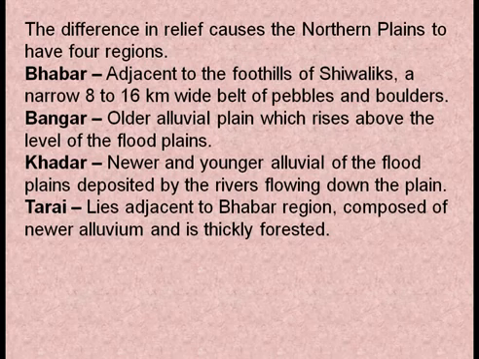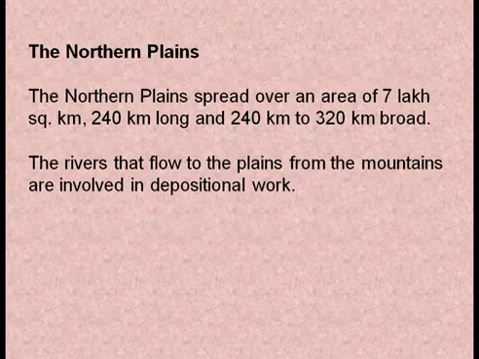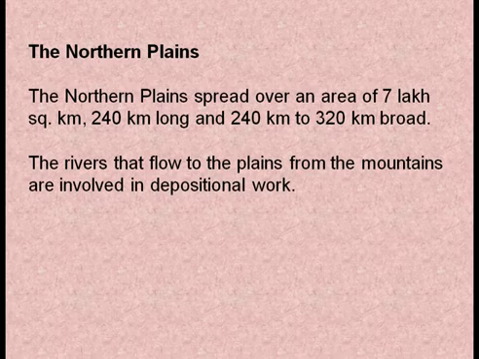These are the 2 types of alluvial soil, old and new, and you have to write on that. Make a separate column for the Bangar and Khadar, and mention that. Or otherwise it can be asked for 5 marks: explain or describe the features of the northern plain. At that time you have to explain these 4 points, Babar, Bangar, Khadar and Tarai. First we have to mention its length and breadth, that means the area of the northern plain.